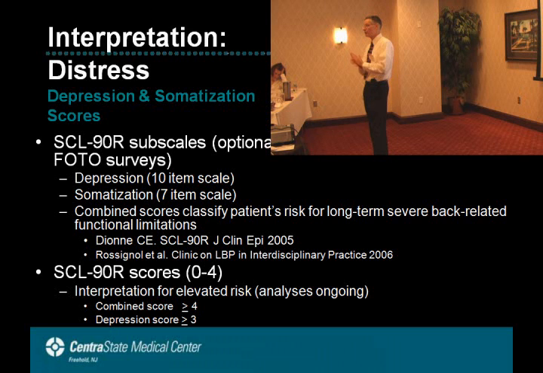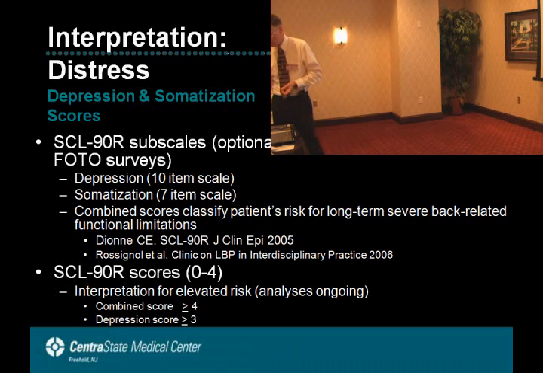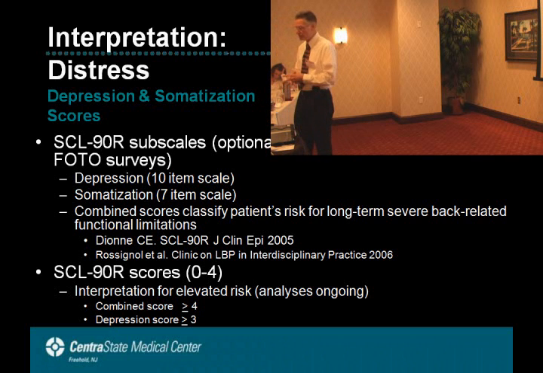But by turning on serial status assessments, you're going to know if this is just a potential confounder or something that patient needs to have addressed in order to continue being successful in your functional rehabilitation. So those are general scores. Analyses are ongoing. We're still collecting this data. Hopefully next year we'll have some more specific information on this interpretation.